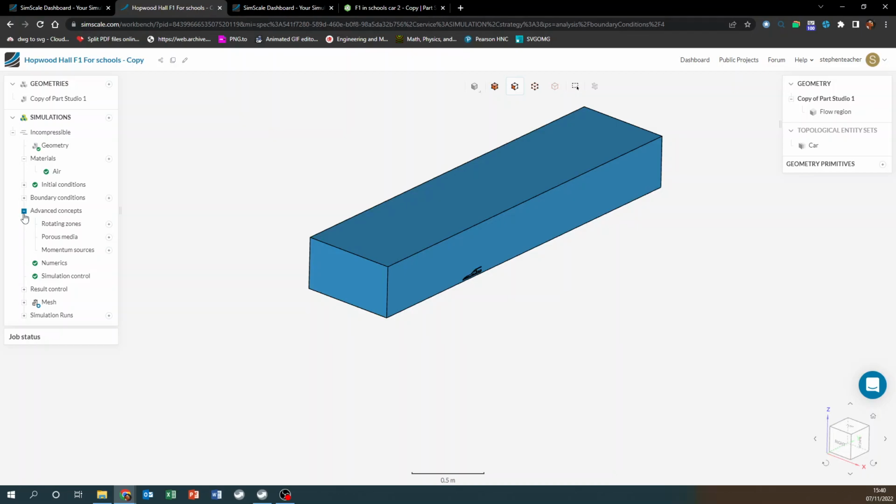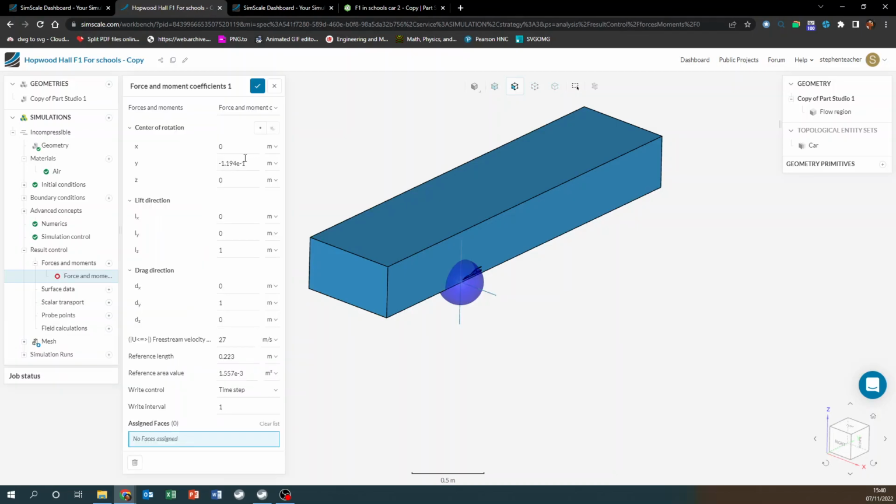So things to think about here, we need to look at centre of rotation. Lift direction will depend on which way your car is orientated, where the Z-axis is up and down for us, so we've got a 1 metre there for lift direction. And the drag direction is going to be the same direction that the car's facing. So in our case, that's on the Y-axis, so that's why we've got 1 metre there. We don't need to touch anything else